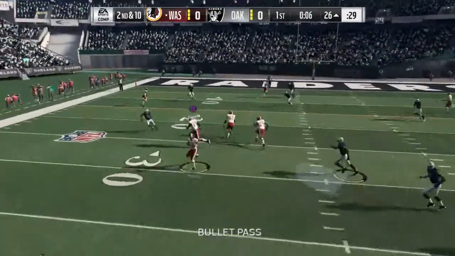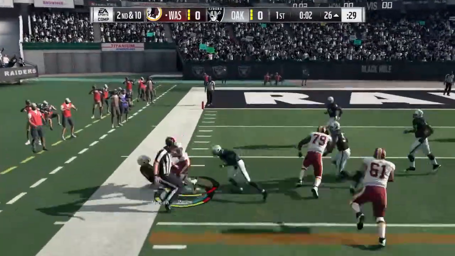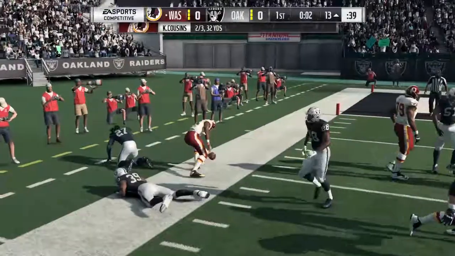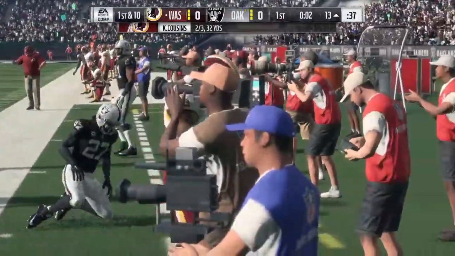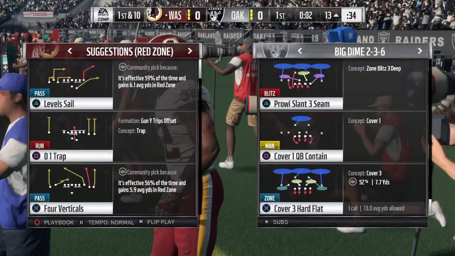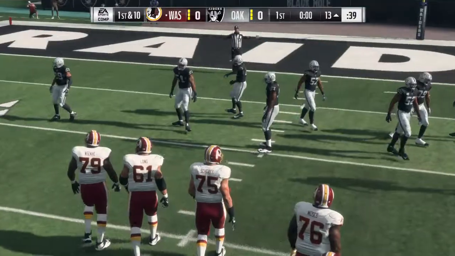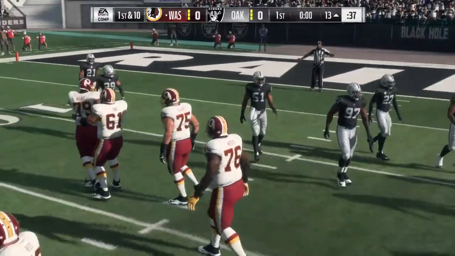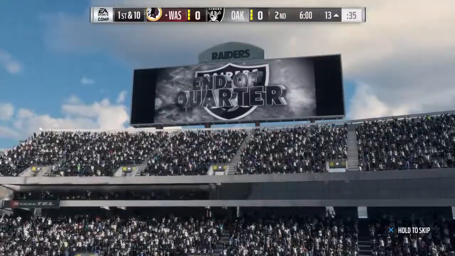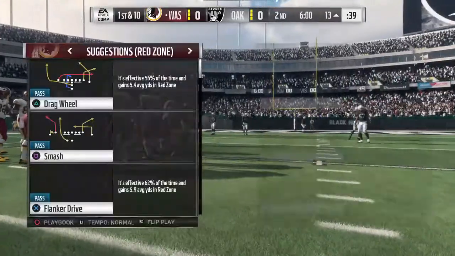Throwing again, Cousins on 2nd and 10. Setting up the screen to Perine. 13 yards down to the 13. I like the screen being called here early in the game, especially on the opening drive, because, Brandon, when guys come out of the locker room, especially those pass rushers, they are so amped up to get to the quarterback that you can use that against them, and a screen pass is a great way of doing it. A lot of teams against...